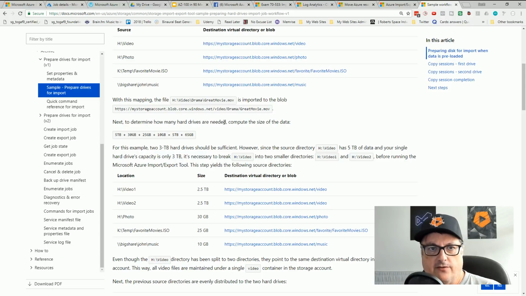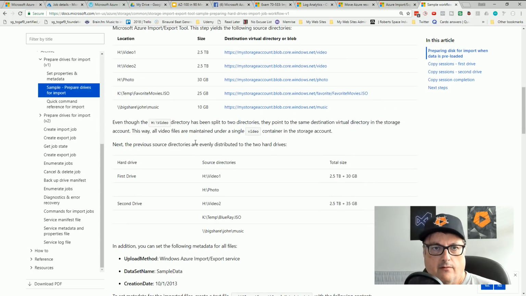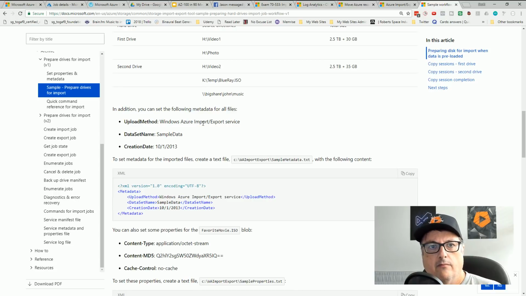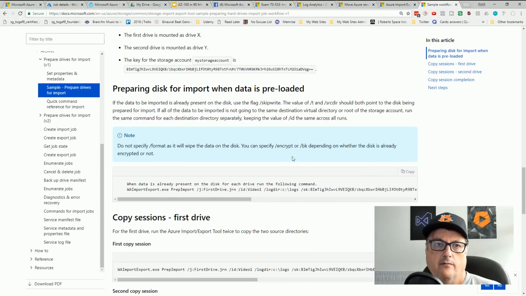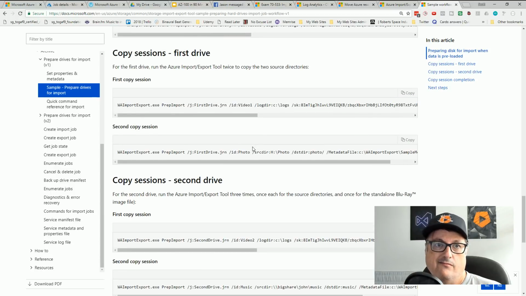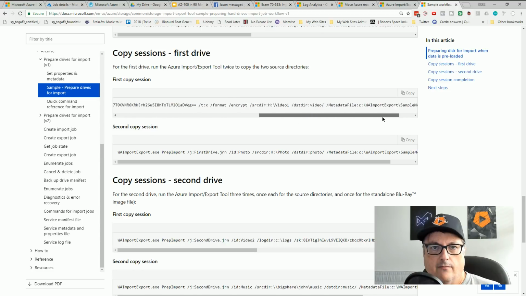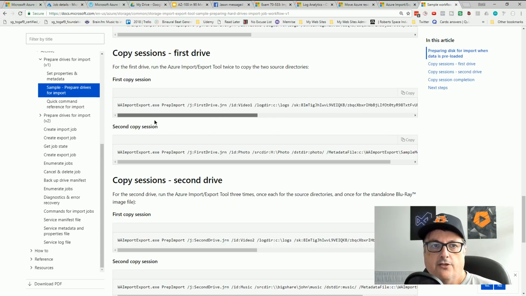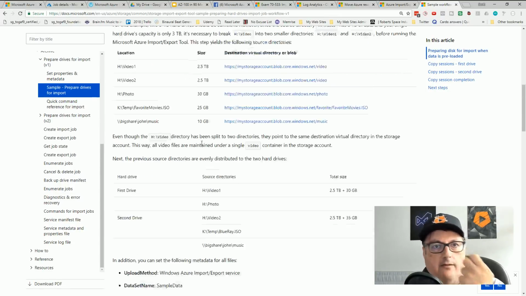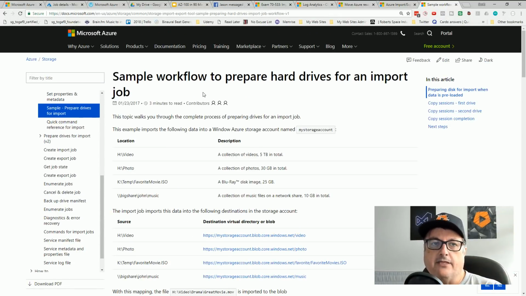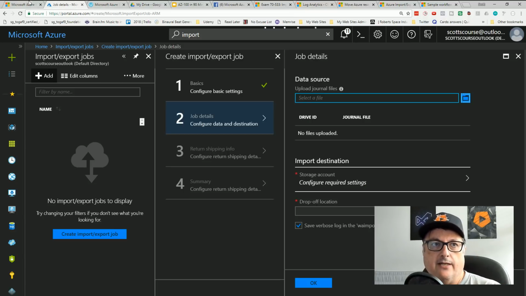Determine how many hard drives are needed. Run the import job twice to copy the 2 source drives. Wow. So basically you're preparing, putting your data in a particular state in order to import into Azure.